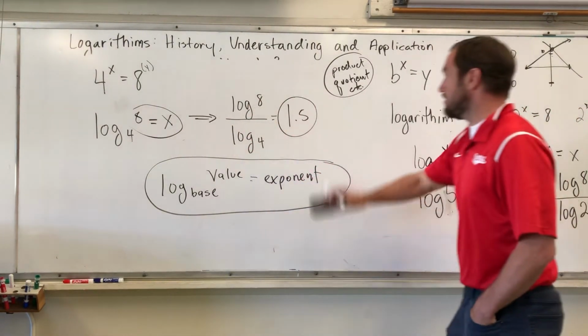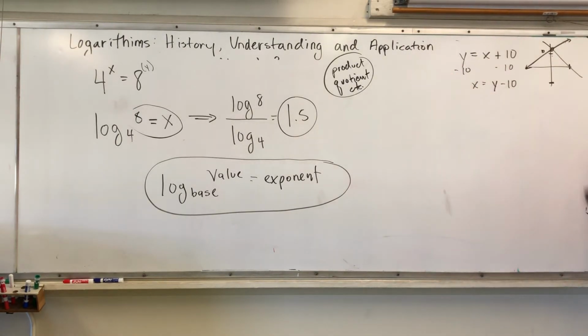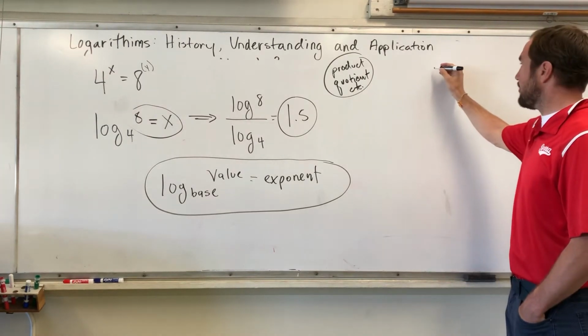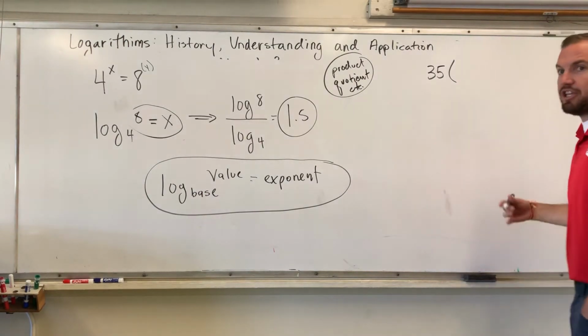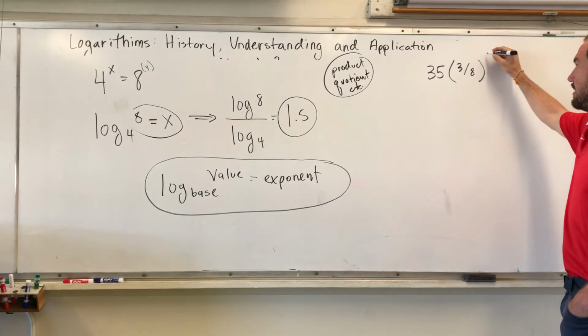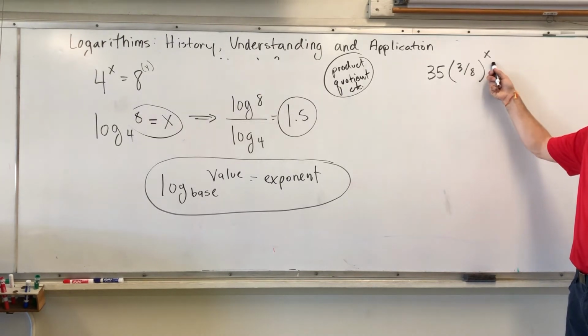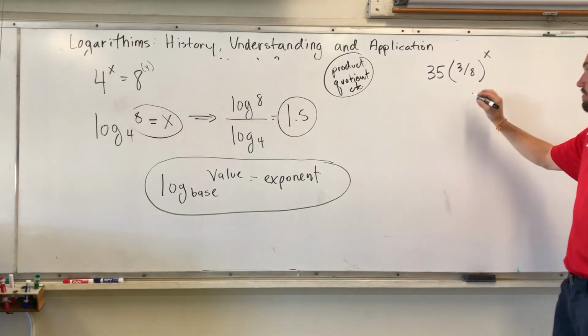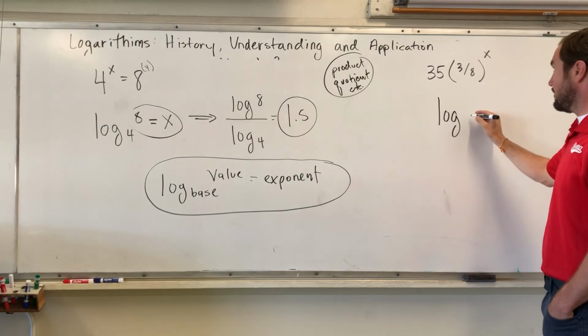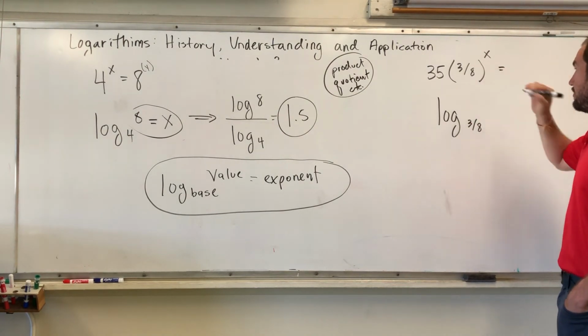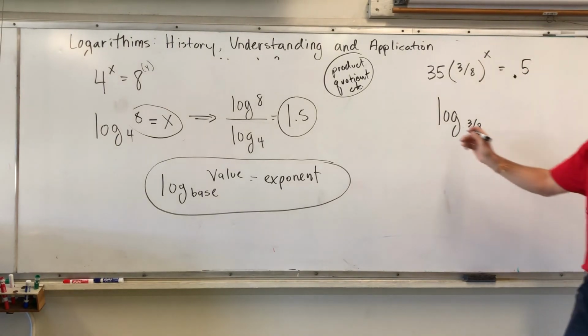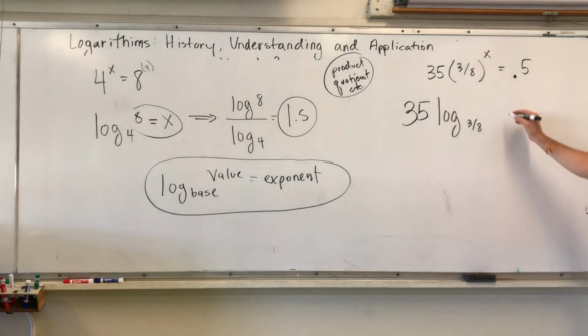But application-wise, this is pretty powerful, because when we were working on that bounce question, and we said that the ball bounces at 35 feet, and after each bounce it has about 3/8 of its height, and that's raised to what power? You could use a logarithm and actually solve for what this is. Like you can use this and then solve for what x is. So that's good, because basically you'll have log of 3/8, and you wanted it to be 0.5, right? So basically in this 35 log to the 3/8 will give me a value of 0.5, and then you're able to